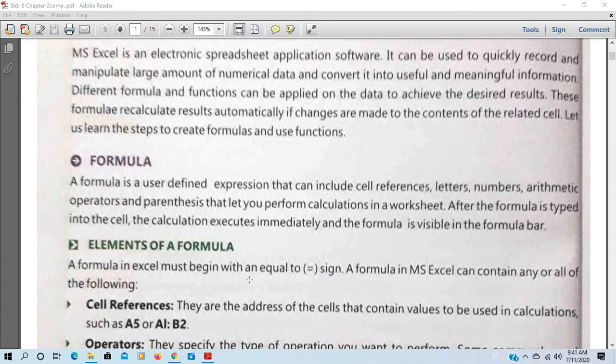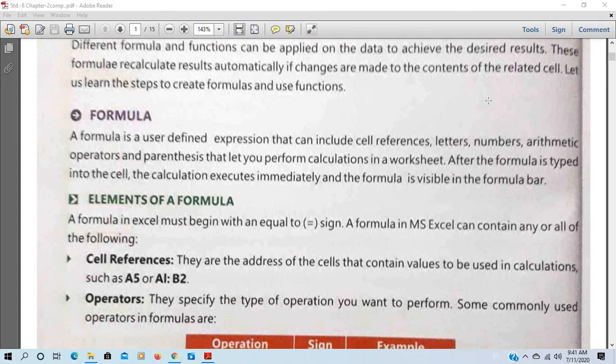So students, in the earlier classes, means in class 7, you have already seen the use of sum formula and average formula and many more. Now let's see how to make the formulas. First of all, what is formula? You can learn the definition, you can underline it. A formula is a user defined expression that can include cell references, letters, numbers, arithmetic operators, and parentheses that let you perform calculation in a worksheet.